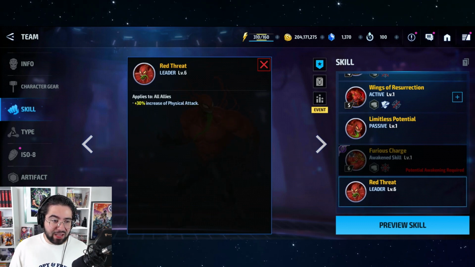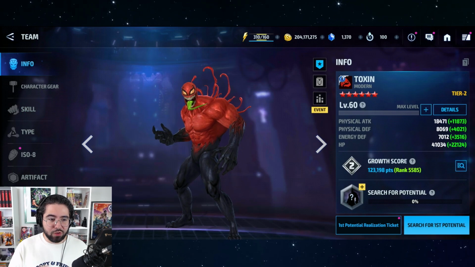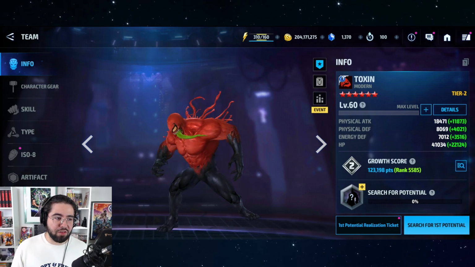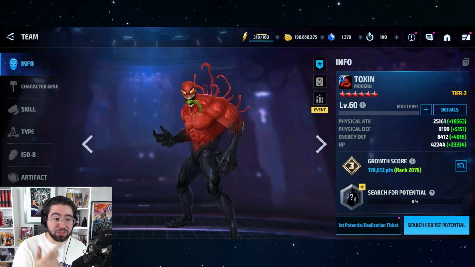He has an uphill battle ahead of him because of the fact that he doesn't have a uniform, but we can transcend him. So we can do that once we unlock his potential, but we're going to have to use him. I'm not going to be using that on Toxin, so this is going to have to wait for another day. As for the rest of the build on Toxin, like all of the symbiotes, he's a physical attacker, so